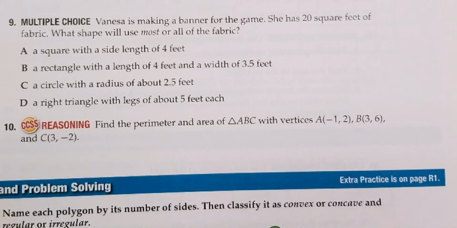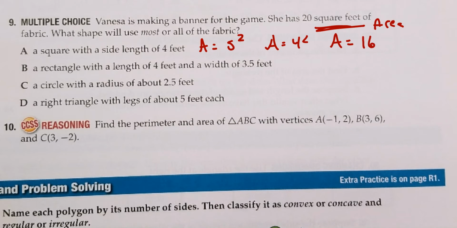Alright, Vanessa's making a banner for the game. She has 20 square feet of fabric. What shape will use the most or all of the fabric? Alright, so as you see this word square feet, that tells us we're going to be using area. Okay, so a square with side length 4, I'm going to use area is equal to side squared. So my area is equal to 4 squared. So my area for part A is going to be equal to 16